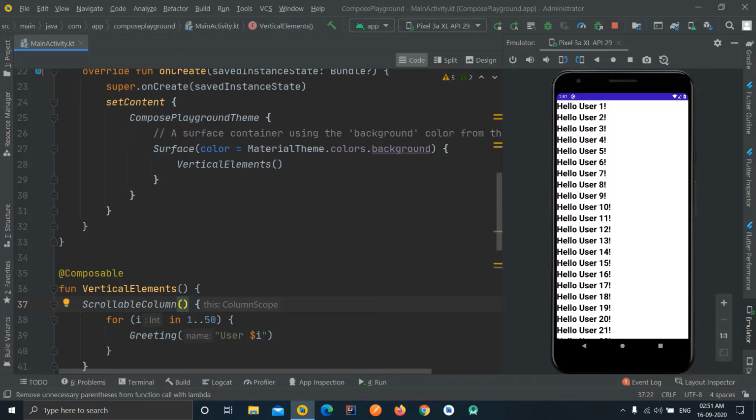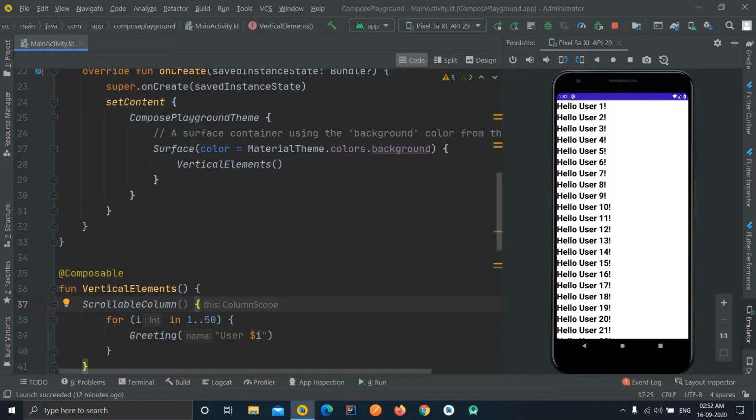Now the question would arise: how can we give it a background color? Should we use a surface, then use a column over there and provide a different color to that surface? No, that wouldn't work here. In Android, we can provide a background to different widgets like a text view or a layout, and this is also a layout. All the properties we can use in XML, like margin, padding and everything, we can use here too. So we are going to discuss how we can use those properties.